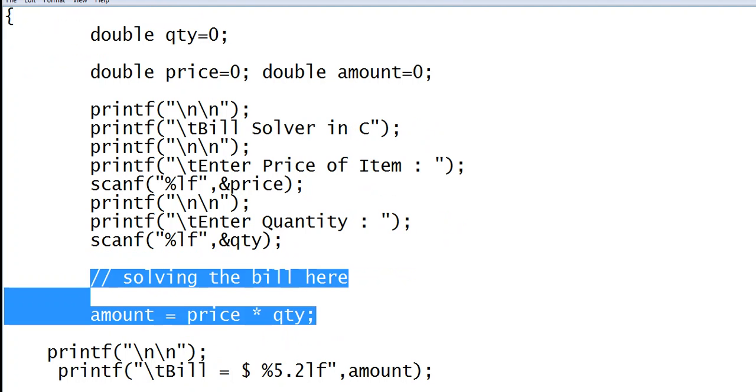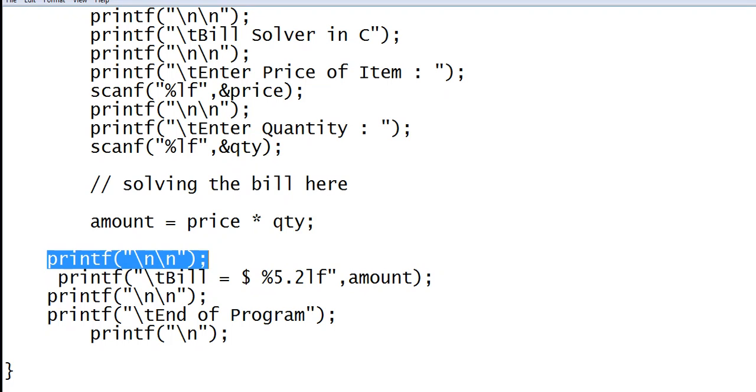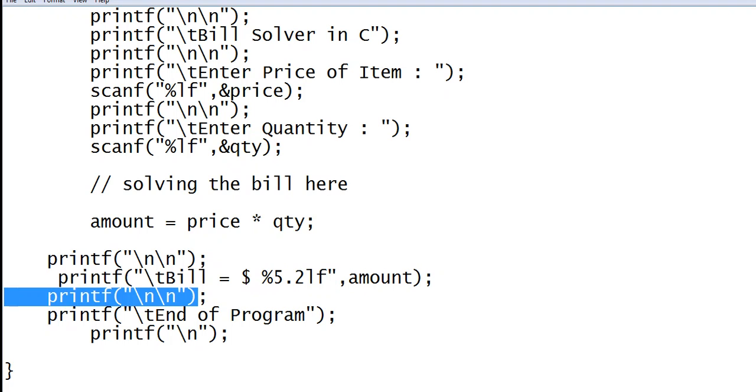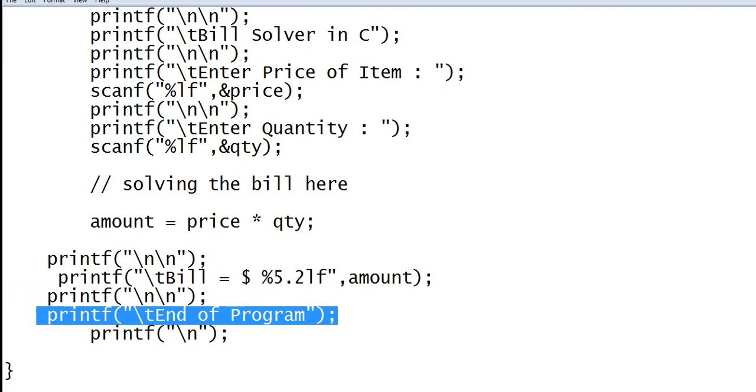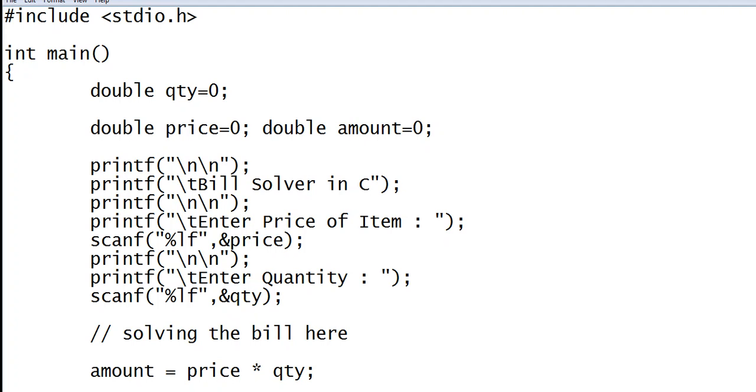In this line of code, comment: solving the bill here, amount equals price multiplied by qty. printf new line here, and then we'll display the bill: $, 5 for 5 places to the left, and .2 for 2 decimal places to the right, lf amount. lf because we are using double as our data type. New line here in a program which informs the user that the program has ended. printf new line, and then a right curly bracket to close the body of our main